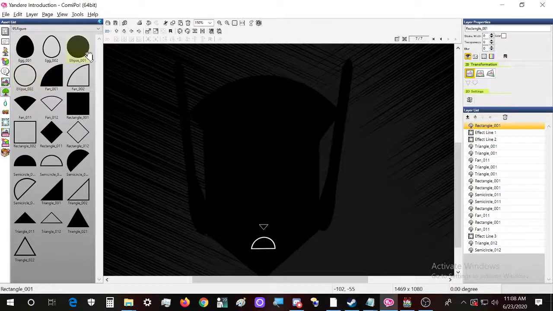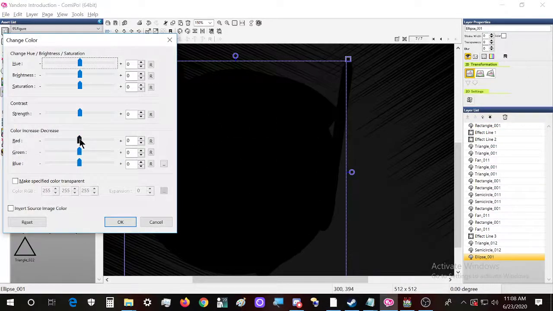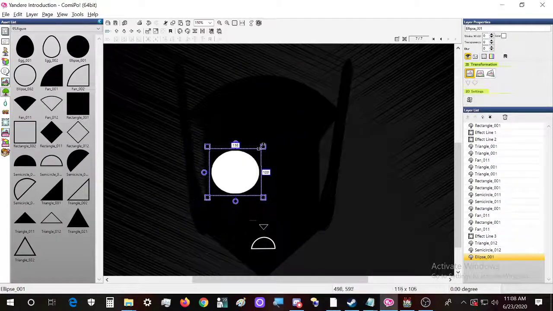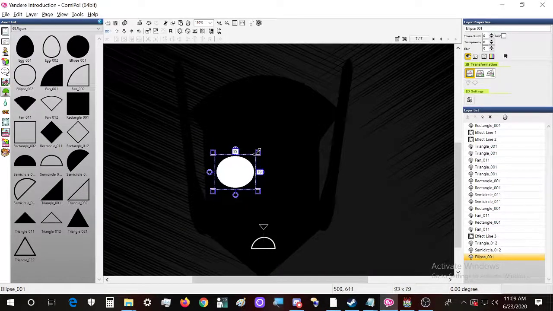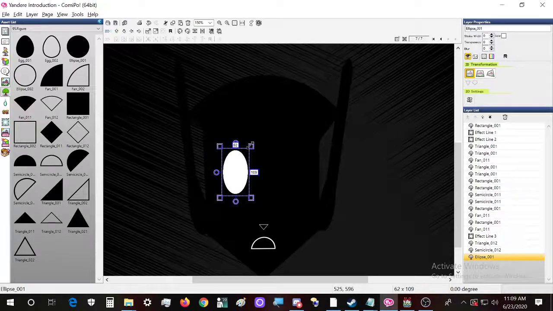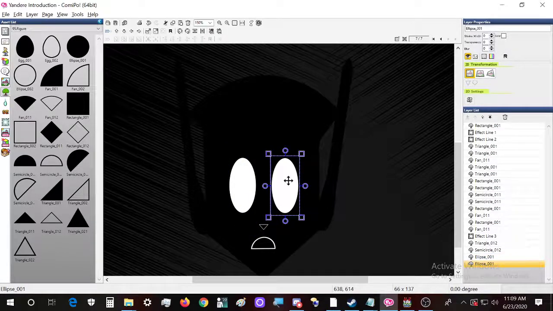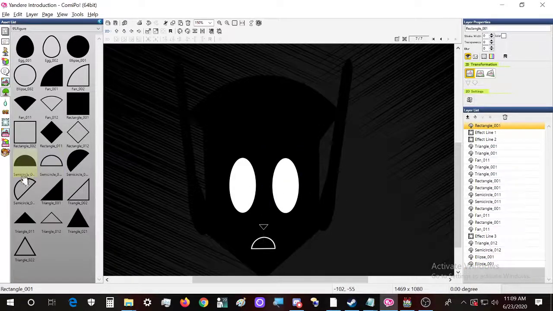Now let's go for the eyes. One should be in here, and let's make the iris first, because black and white is always easily observable. Let's make it a bit more anime so that it's big. Then let's make the second eye in here. I think it should be somewhere more to the right.